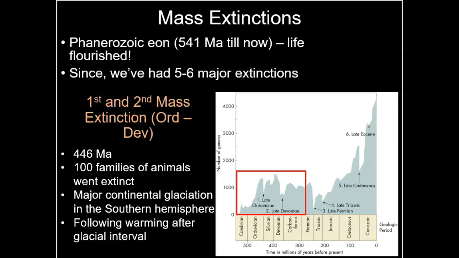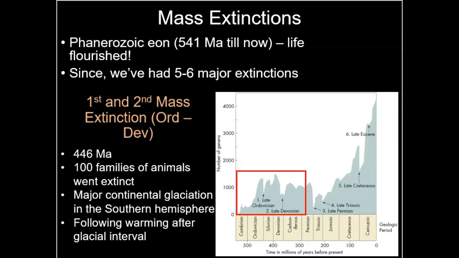The first extinction occurred at the end of the Ordovician period, as it's delineated here by the image, and that happened about 446 million years ago. This resulted in about 100 families of animals becoming extinct. And it appears as though it happened as a consequence from a major glaciation that happened in the southern hemisphere. So the glaciation obviously brings along a lot of cool climate. So this cooling seemed to have